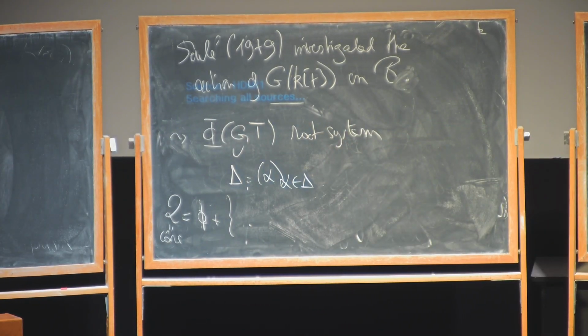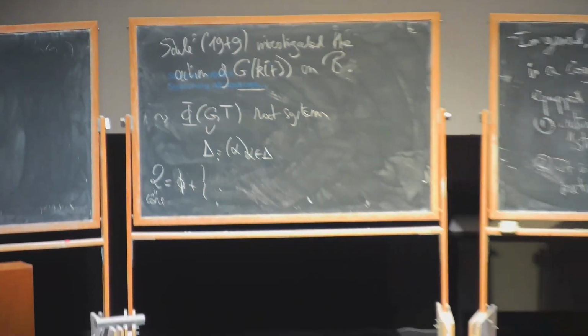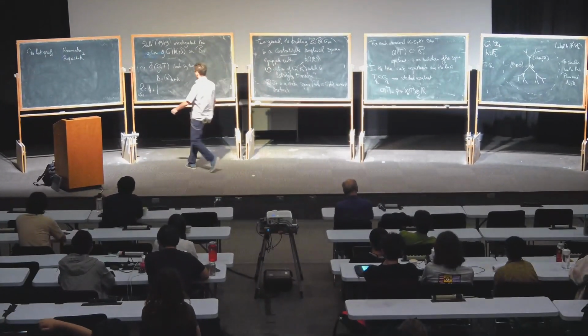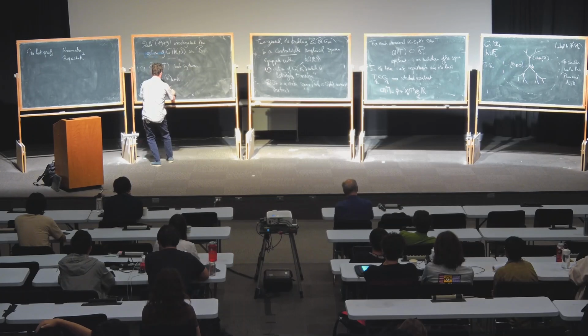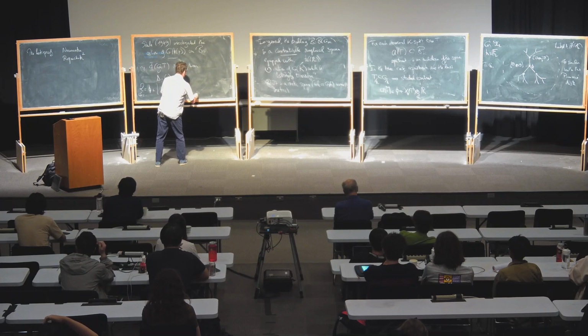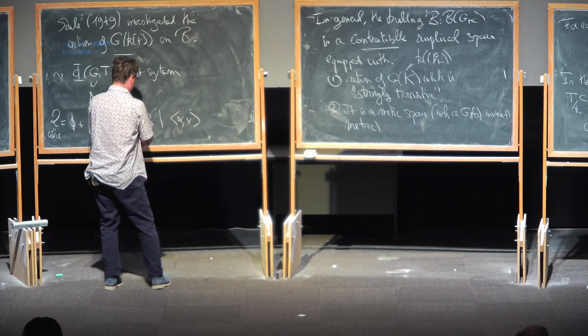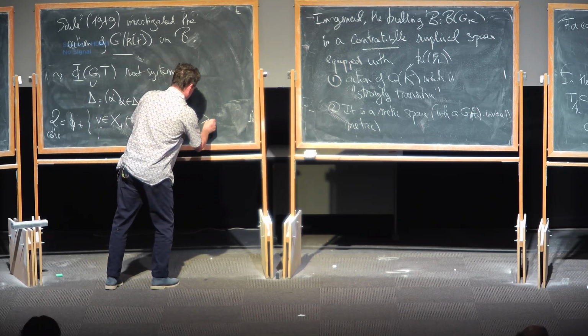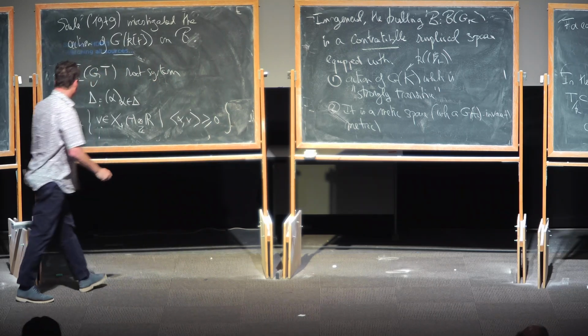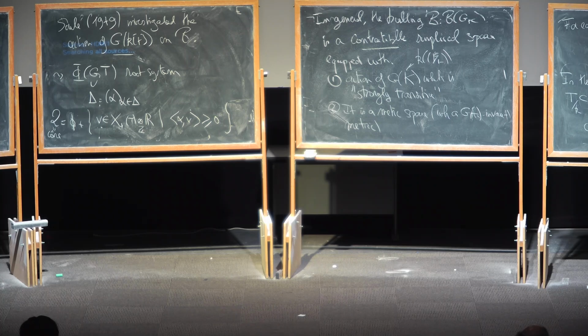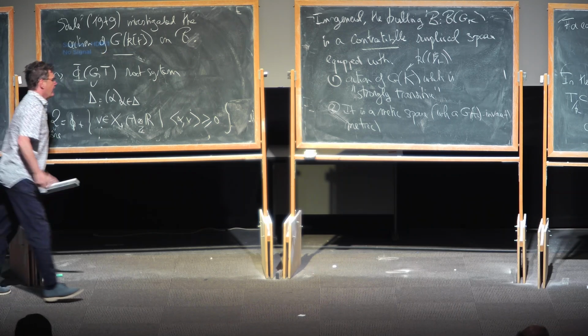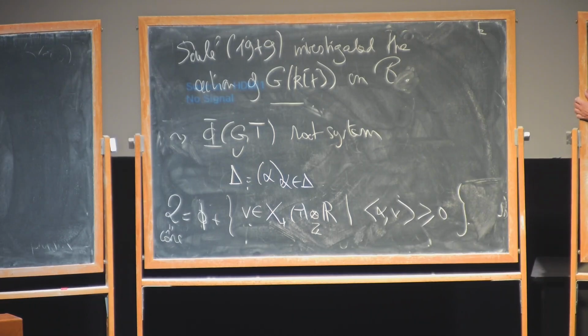But when you have a co-character and a character, you can make a pairing. So you look at the v which are here such that alpha of v, this is a pairing between a character and a co-character, is of course a real number because I tensorize over R. It has to be non-negative. So you can call it the Soulé cone or whatever, and Soulé's theorem tells you